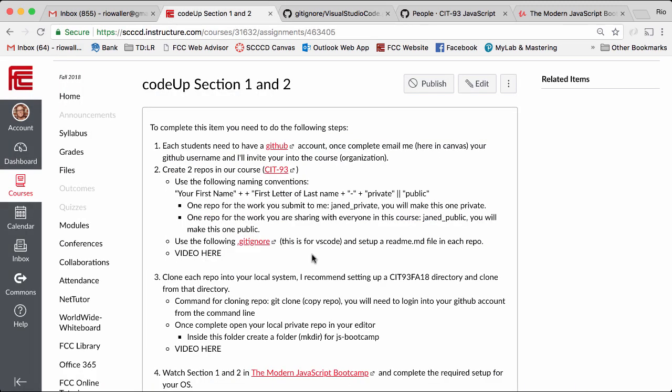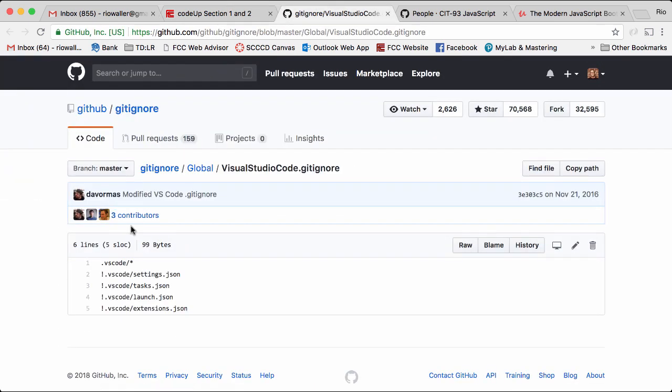Now, having said that, and I said this in the first video before the semester starts, if you're going to use something besides VS Code, you're just going to want to go find a Git Ignore file for your particular editor. And now if you don't know what a Git Ignore file is, don't worry too much about it, but just a brief FYI here. It's so that there are particular files that get set up in the local directory for your editor. As a matter of fact, here it shows you it's going to ignore some of these,